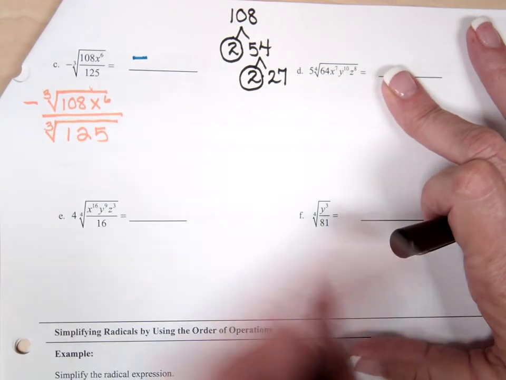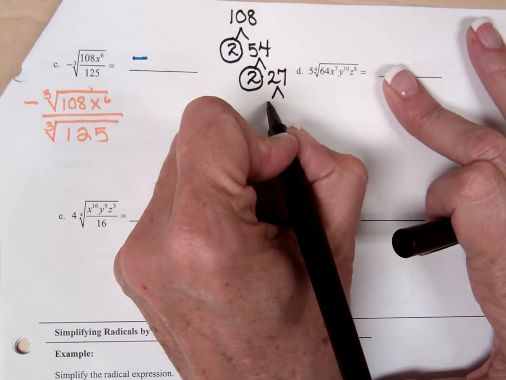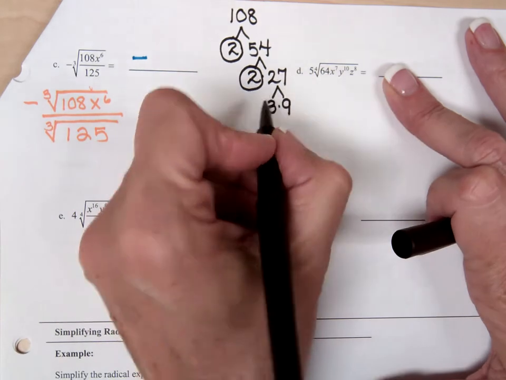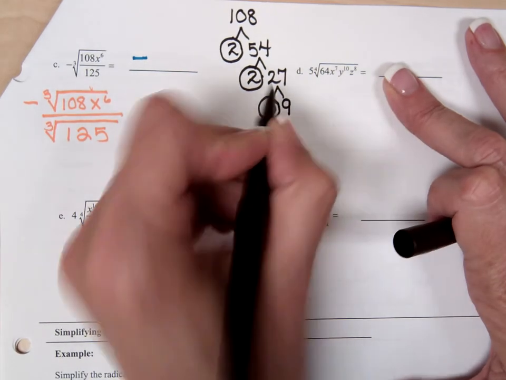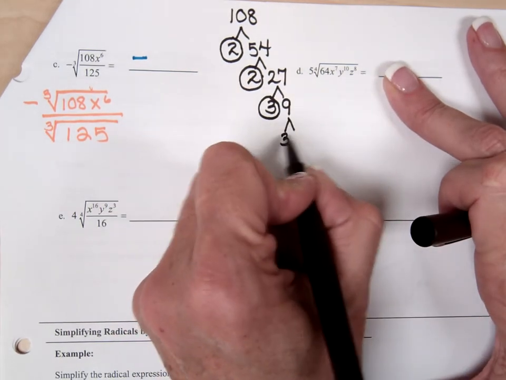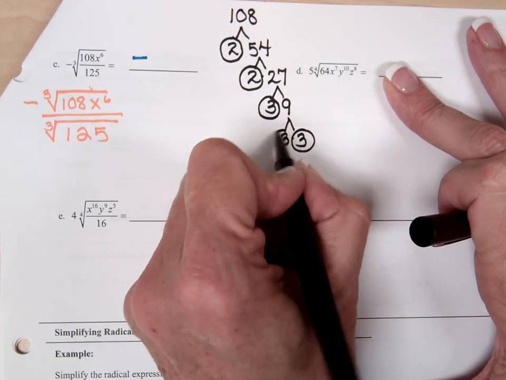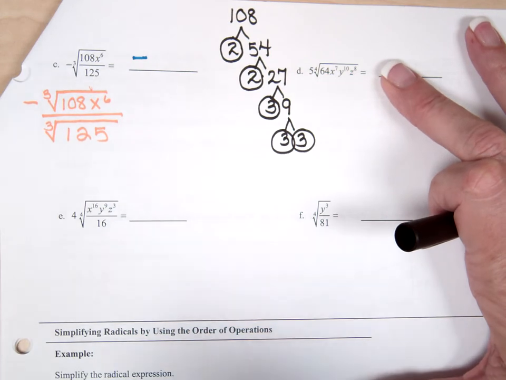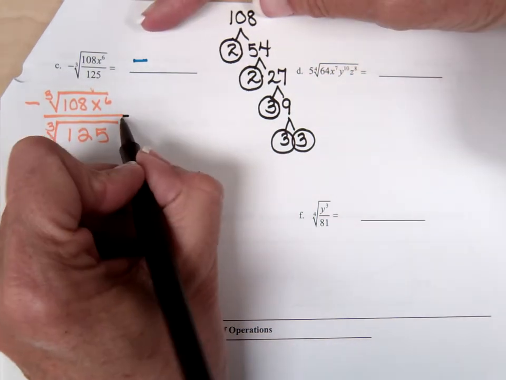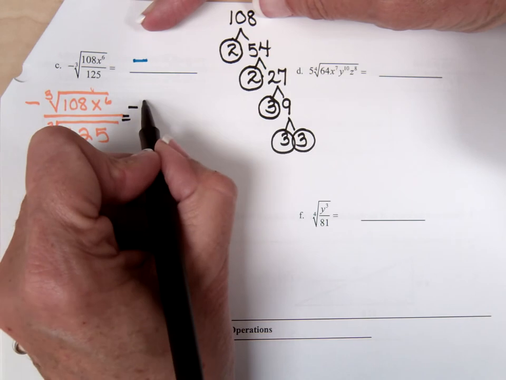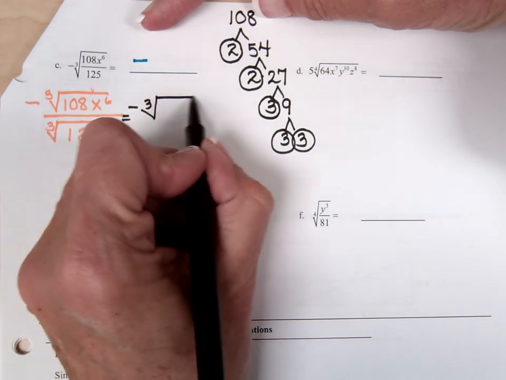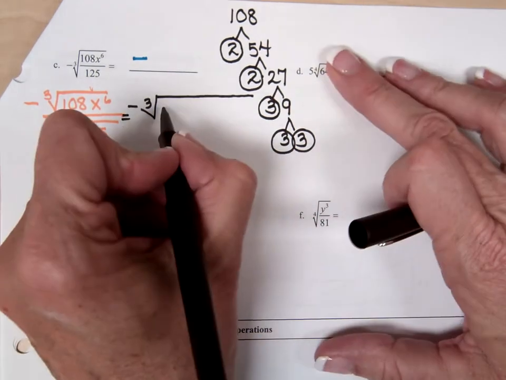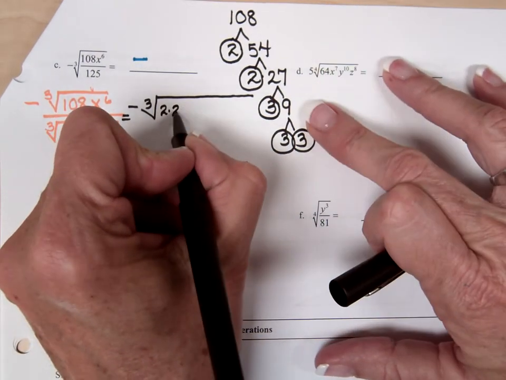And then we have 27, which is 3 times 9. 9 times 3 is 27. 3's prime, so I'm going to circle it. Now I'm almost done. Yay! So there we go. It's looking like 2 2's and 3 3's. So this is going to turn into, oh, I hope I have room there, 2 2's, 3 3's,